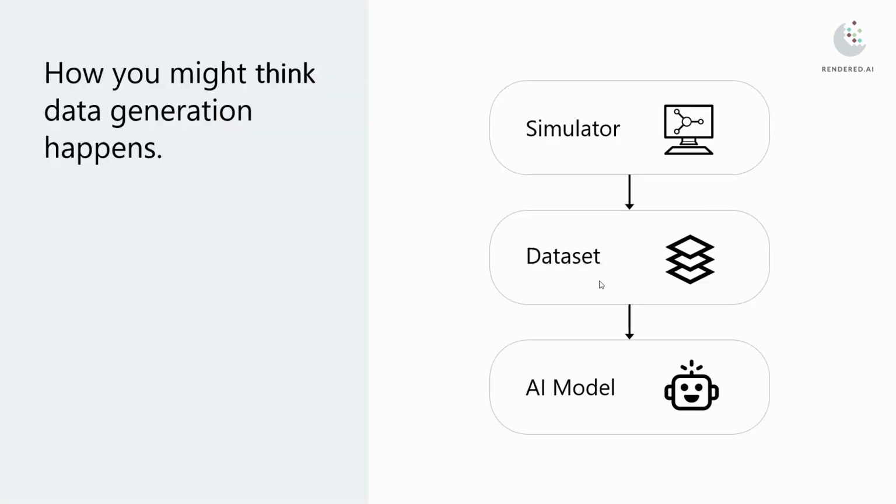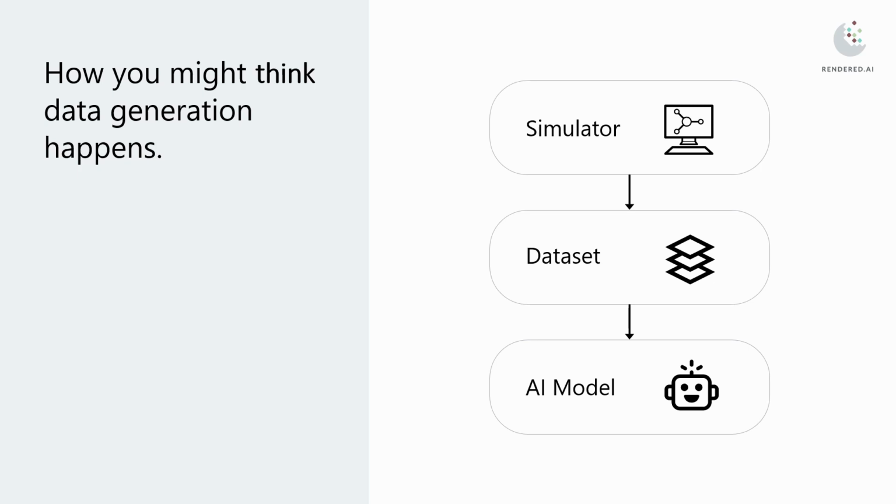Okay, so this is why we like synthetic data, but let's talk a little bit about how. How do we get there? Now, before we talk about how you get there, let's talk about how you don't get there. It's really easy to fall into a trap in which you believe that if we've got good simulators, we'll naturally end up with a good and productive data set, and that will lead to a great AI model. This isn't flawed thinking, it's just a little bit naive because it misses a lot of what is really important